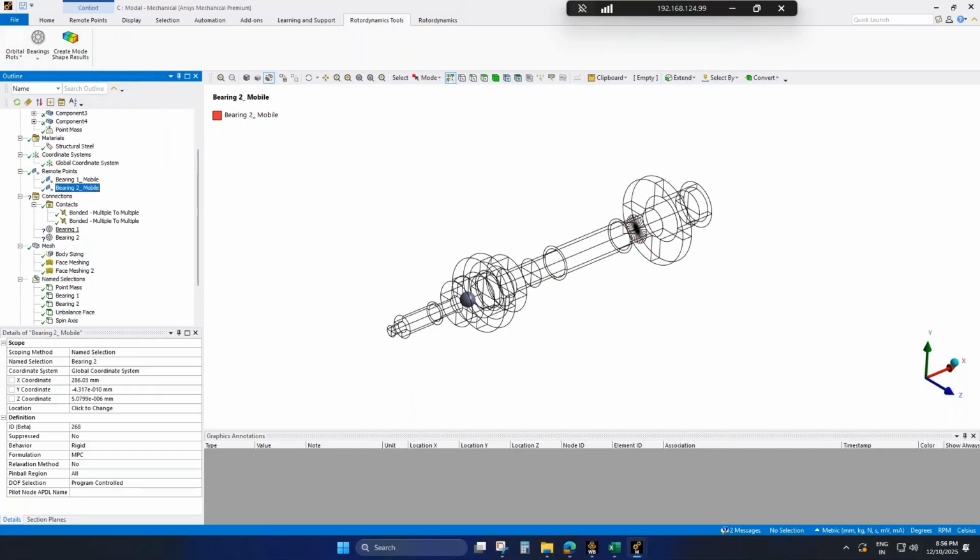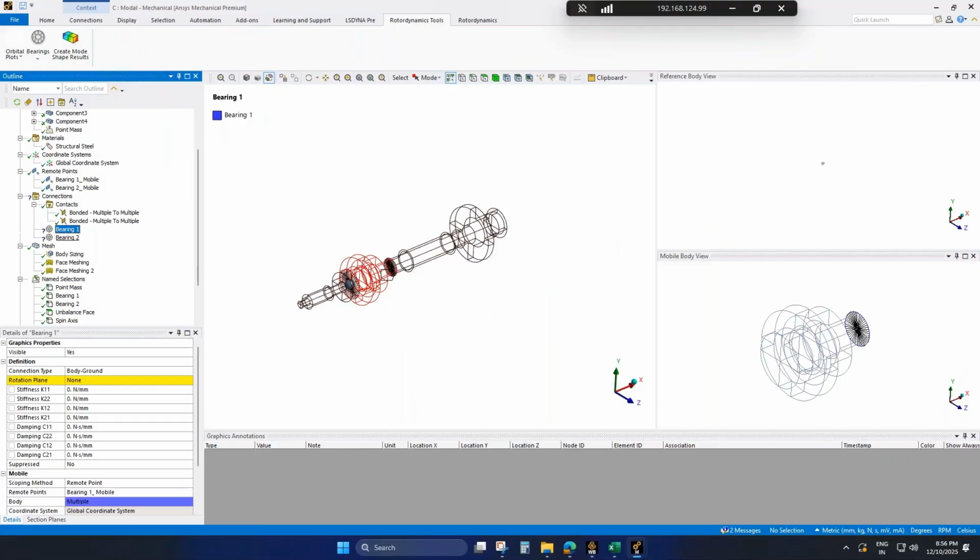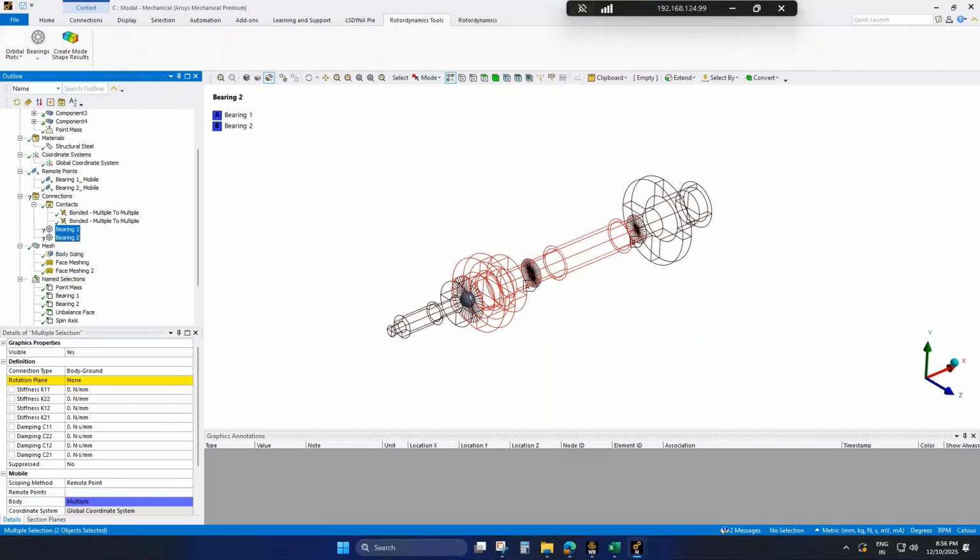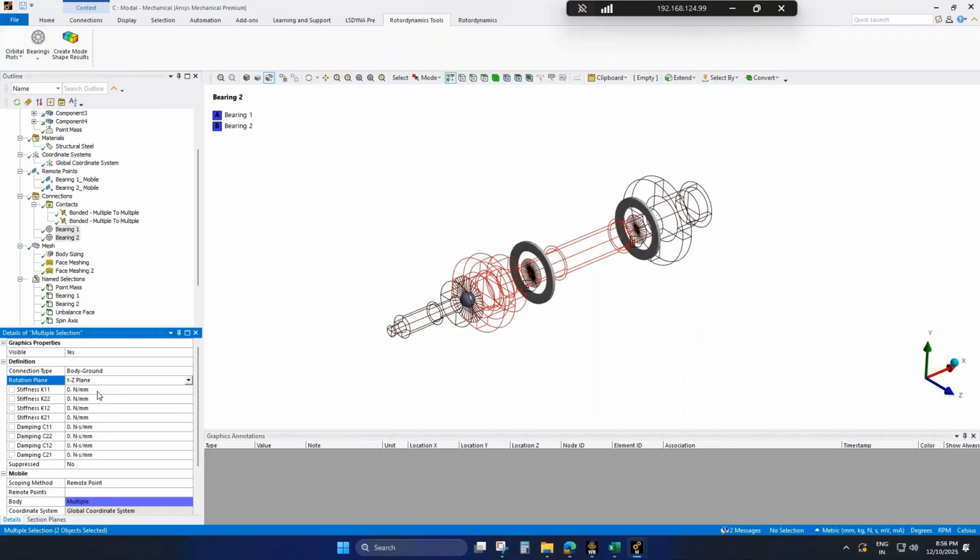Now I'll define the bearings. I will control select bearing 1 and bearing 2, since I am going to assign the same properties for both, and I will enter the properties. I will leave the connection type as body to ground. Then I will choose the rotation plane as YZ, since the spin axis is oriented along the X axis. We should input the orthotropic bearing stiffness values.